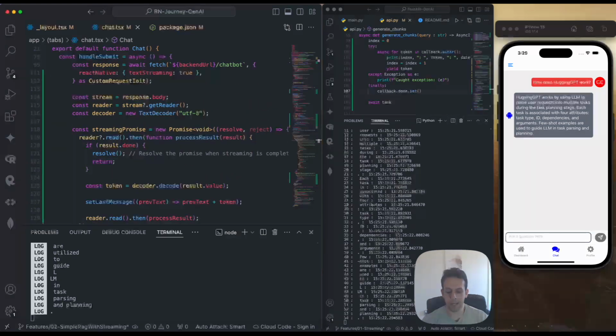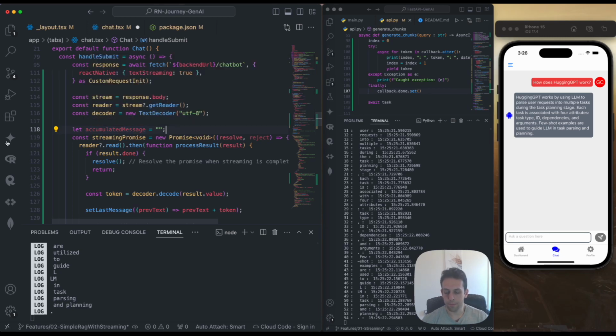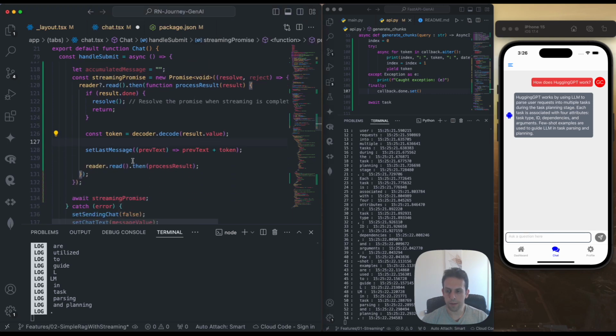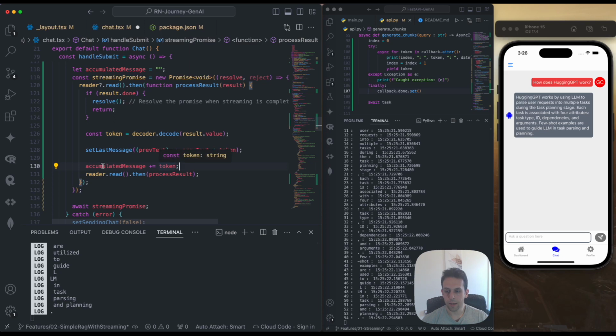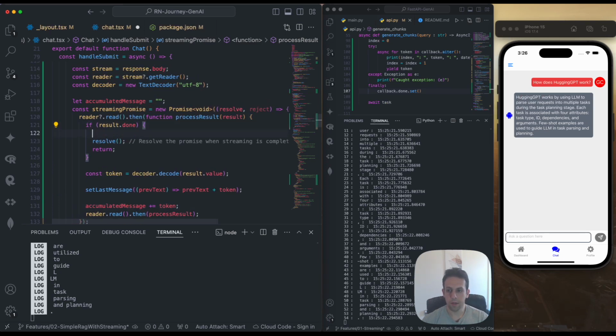So in order to fix that, I'm going to also add the final message, the accumulated tokens, the value that we have, to the conversation state. So I'm going to define a new variable over here to keep track of all the tokens coming through. I'll call it accumulated message, and all I need to do is make sure that it includes all the tokens that are coming through. So again, right here, after I set the last message, I can add the token to that variable as well. And then once we are done,